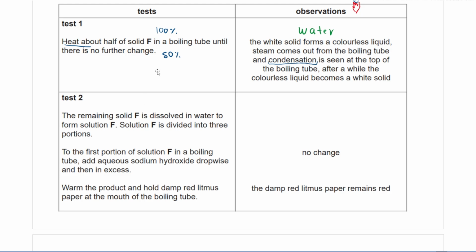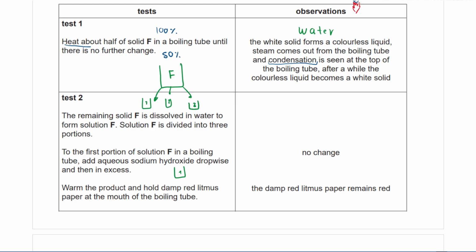The remaining solid, so the other 50%, is dissolved in water to form solution F. And this solution F is going to be divided into 3 different portions. So this 50% is going to be solution F, and from solution F you have 3 portions, 1, 2, and 3. To the first portion, so to portion number 1,